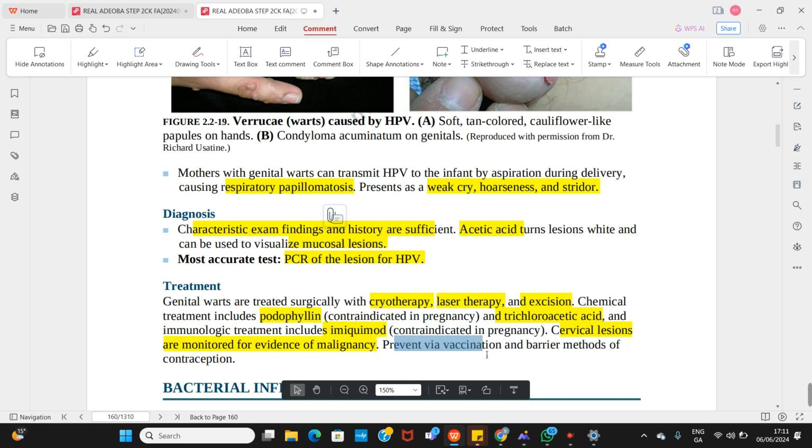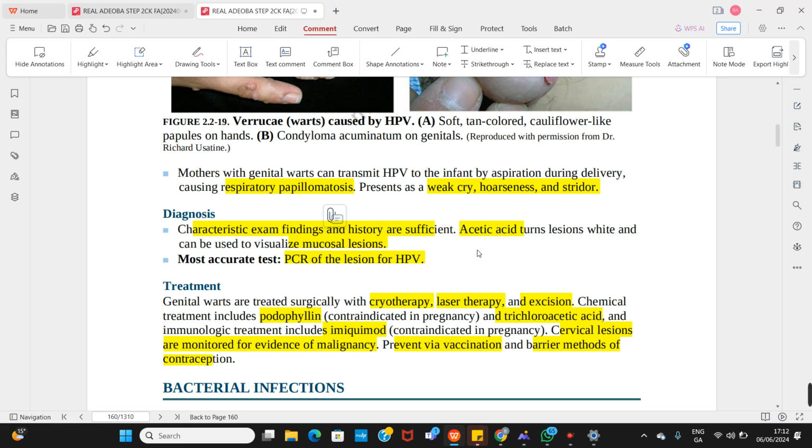Then, of course, if the person is not vaccinated, and the person is less than 21 years, vaccinate that person and encourage use of barrier method of contraception. So don't forget the mechanism of treating because that's important. They can ask you. For the skin ones, just like you do for molluscum, do your surgical excision, do your laser therapy or do your cryotherapy, and for genital ones, you can do that or you can apply some chemicals like